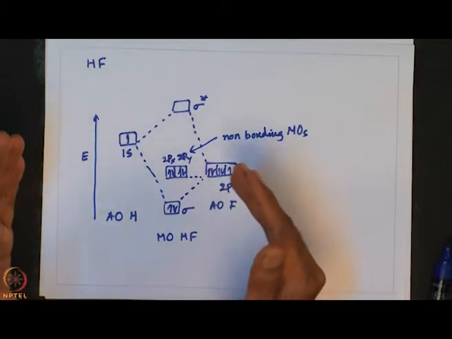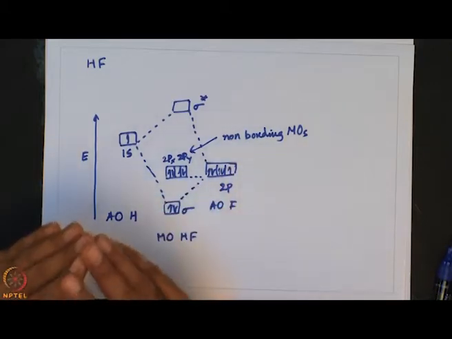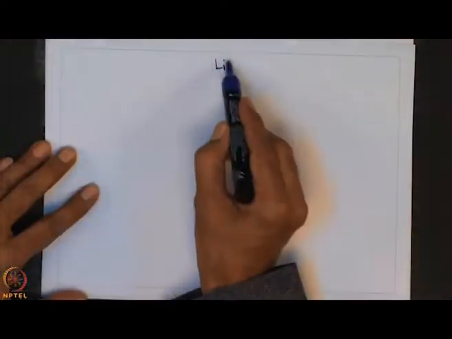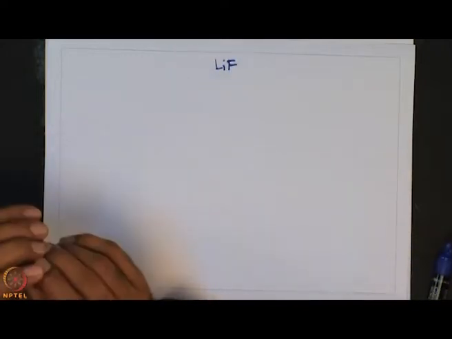So, this is the simplest molecule you can think of as an example of a heteronuclear diatomic molecule. One can extrapolate this to other molecules as well. So, let us try to write for another heteronuclear diatomic molecule such as lithium fluoride. The lithium fluoride case is also very similar. We have a 1s2 2s1 electron configuration, and this combines with the 1s2 2s2 2p5 atomic orbitals to generate bonding. Let us see whether we have non-bonding also, similar to HF.